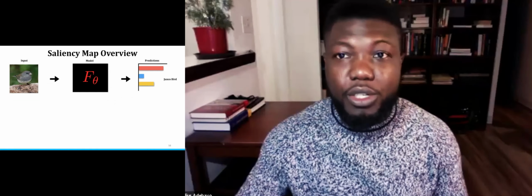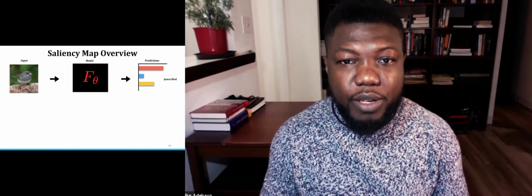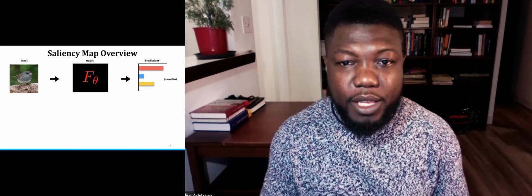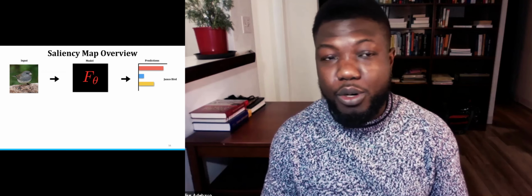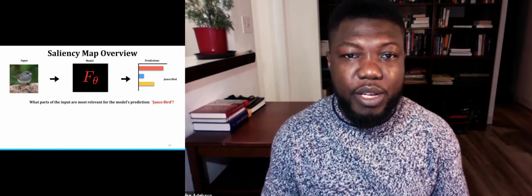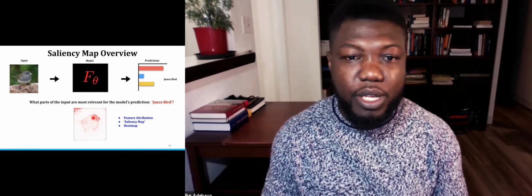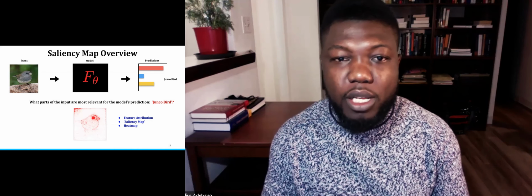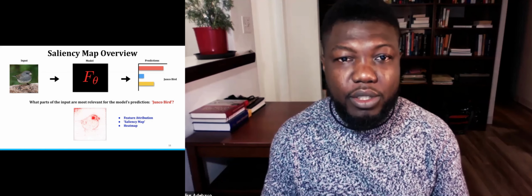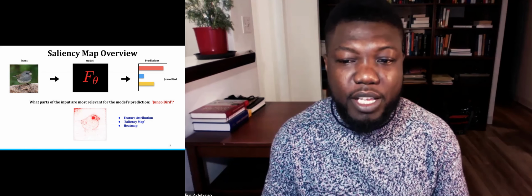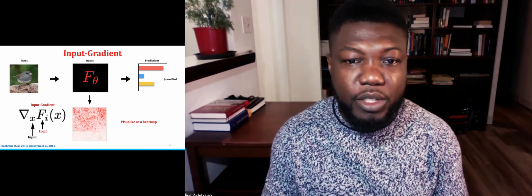We'll now move to a discussion of saliency map approaches. So let's say we're given a model denoted as F here. Think of this as an Inception V3 model trained on ImageNet, and it gives a prediction of Junco bird on this particular input. One question we might be interested in is, what are the parts of this input that are most relevant to the Junco bird prediction? And this question is exactly what saliency map, feature attribution, or heat map methods address. For the rest of this section, we'll call them saliency map techniques, but they're also known in the literature as feature attributions. So let's look at a variety of different methods that do this.